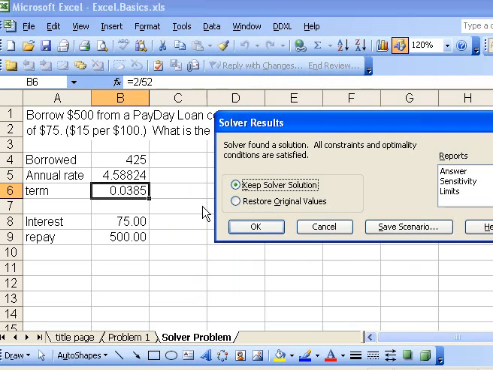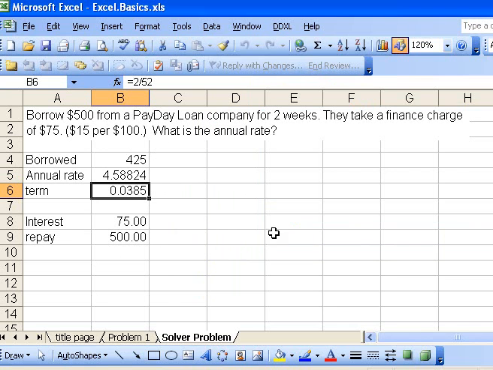I tell it to solve. It says it found a solution. I say fine, good. Okay, and there we see it's got that 459%, exactly like we came up with before. So we can either use the Solver or we can use Goal Seek in order to solve for initial values